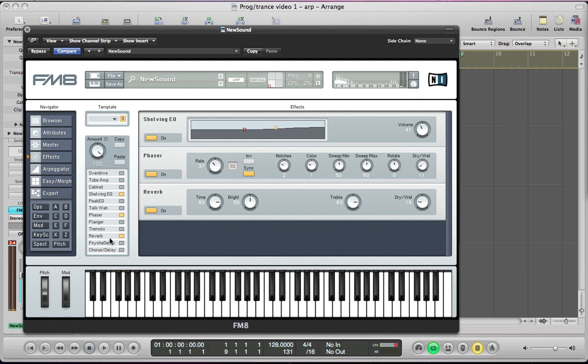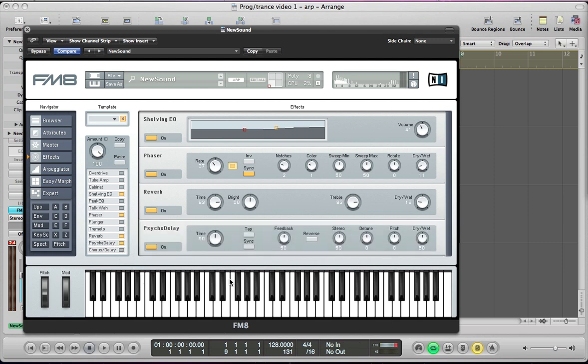And the last thing I do is quite a crazy effect here that you don't necessarily have to have in this sound, but this delay. I'm going to take the time down to about 15. I'm going to sync it, take the feedback down to similar, about a quarter of the way up, about 15, 16, and have it stereo up to 100, and pull the dry wet down. And then this pitch, I'm going to take this up by plus 12,